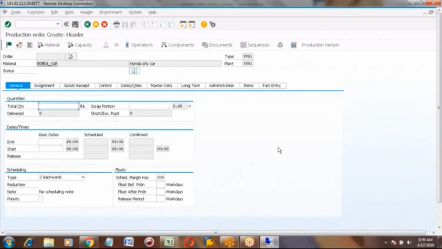In real time, if somebody wants an urgent order manufactured, directly create a production order and do the manufacturing. You can also create a planned order and convert it, but directly you can do this too. When you create it directly, a planned order is not required.